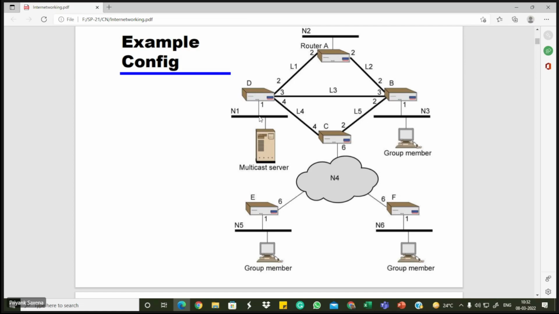So one packet it will address to network 3 and would traverse N1, link L3, and then it will be delivered over here. So this router B is responsible for translating this IP label multicast address to a MAC label multicast address before transmitting the MAC frame onto N3. So it has to be delivered on this network, right? Okay, so like that,